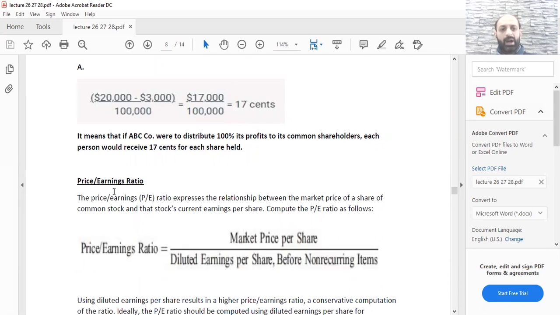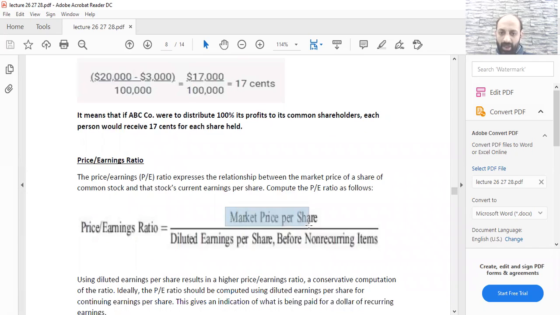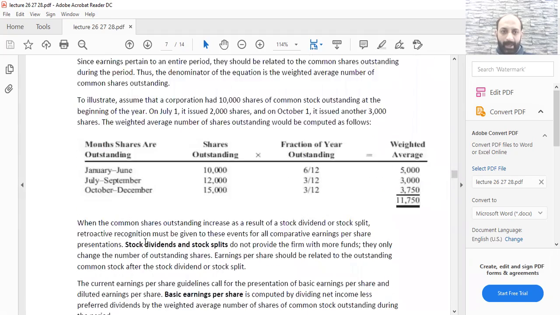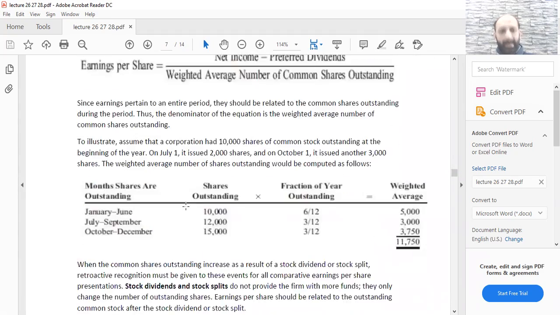Price to earnings ratio. The price earnings ratio, PE ratio, expresses the relationship between the market price of a share of common stock and that stock's current earnings per share। तो इसमें जो आपका होता है market price per share उसको आप divide करते हैं, जो आप calculate करते हैं अपना EPS उससे।